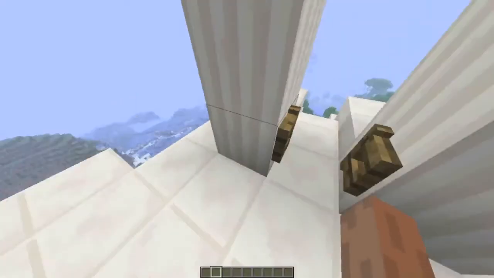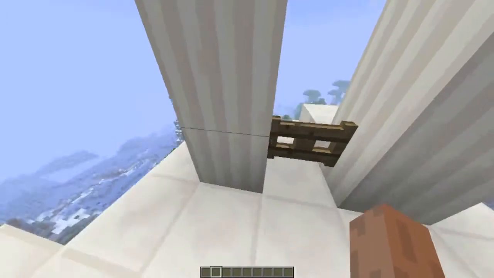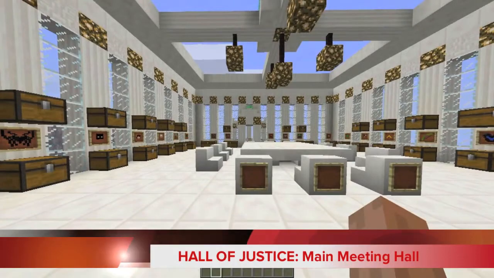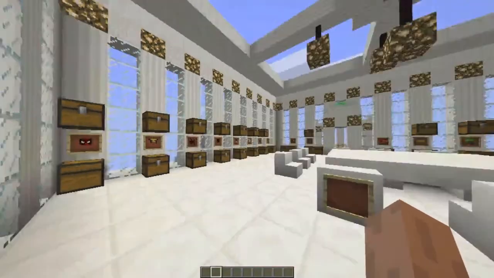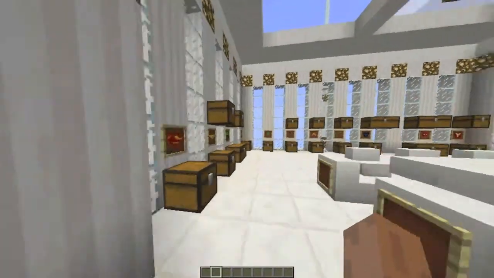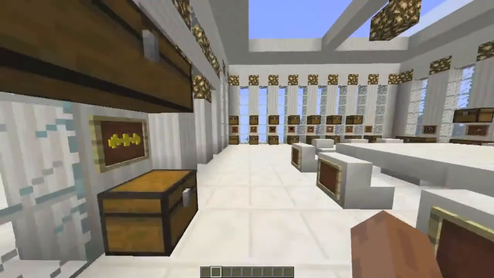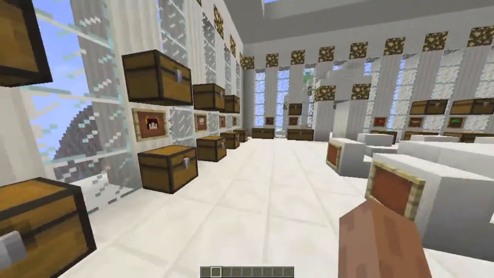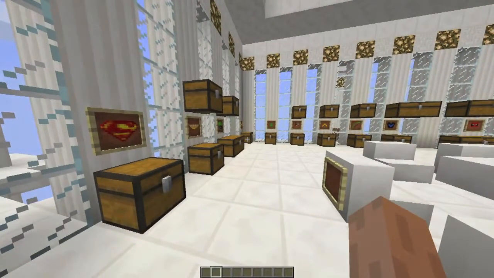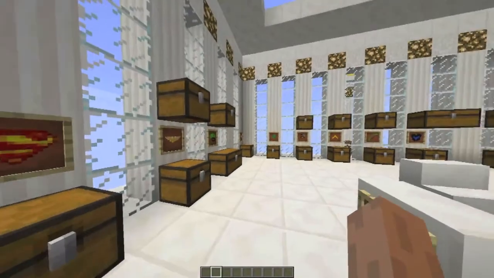Little gate to keep out the wandering, intruding mobs. This is the main meeting area of the Hall of Justice. So let's just go through it quickly. You see the walls are lined with chests. What I've done is I've created these chests and I've gone through, and for each of the heroes that are included in this mod, I've put the relevant gear and costumes and weapons and all of that into the chests